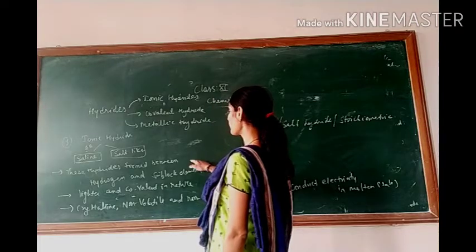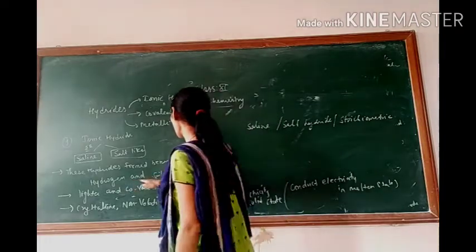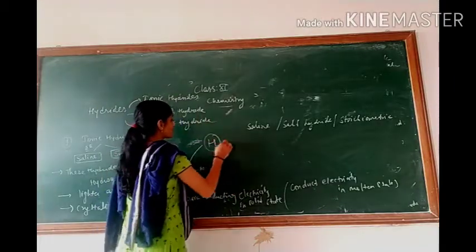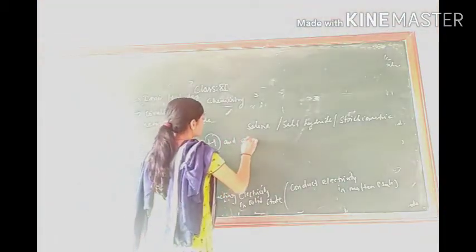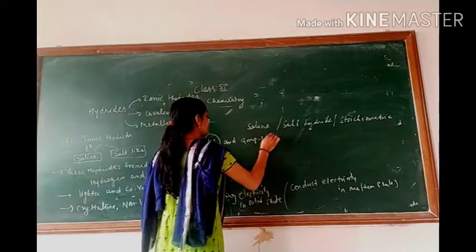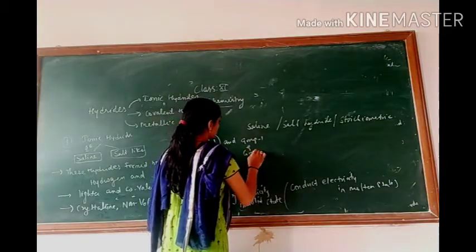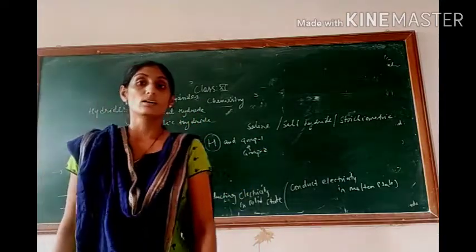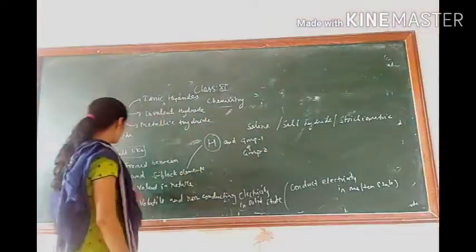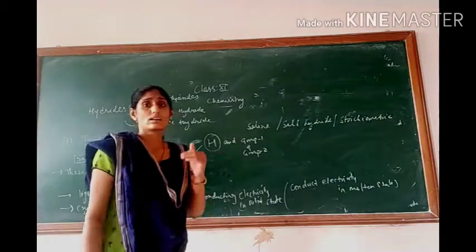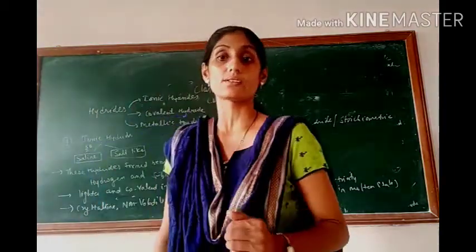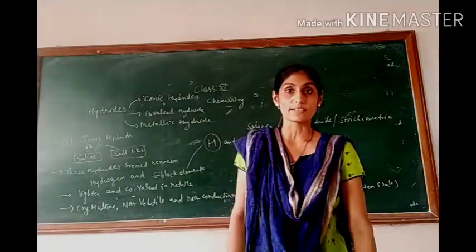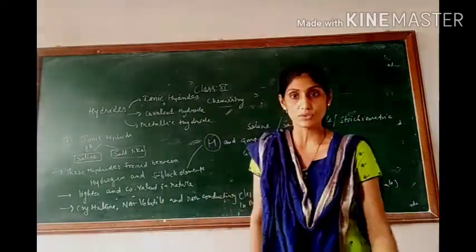So they are going to be formed between hydrogen and s block elements. That means they are going to be formed between hydrogen and group 1 and group 2 elements. This hydride will form only with group 1 and group 2 elements, not other than that. Then they are lighter in weight and covalent in nature. And the next property, they are crystalline in nature. They are non-volatile, that means they are not going to easily convert into vapor.